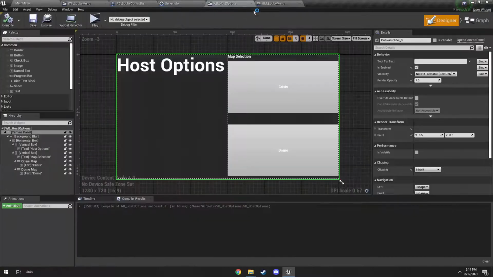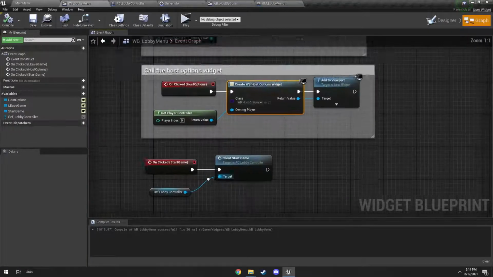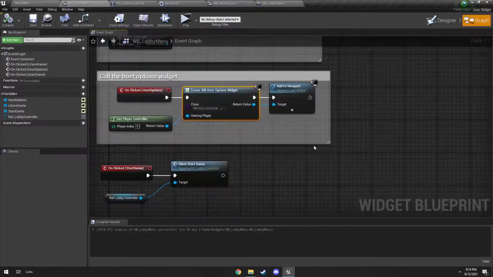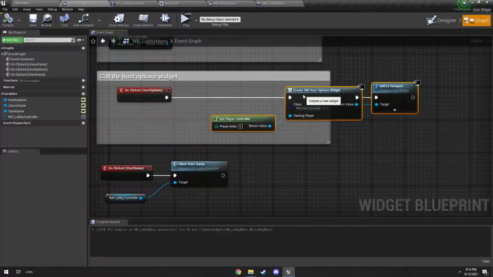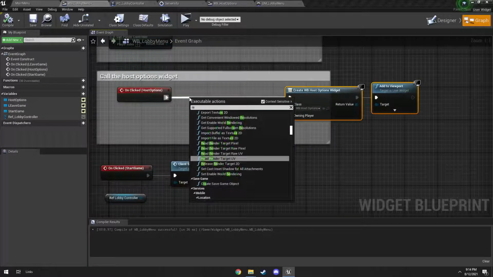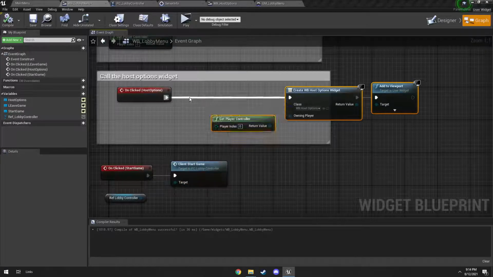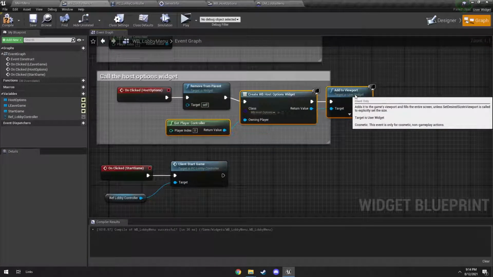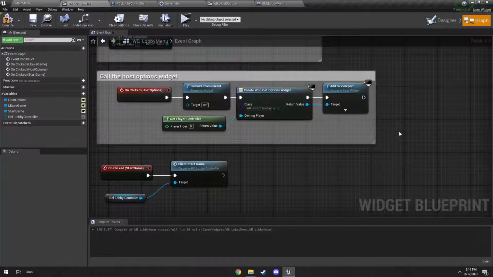So in our lobby menu, when we click host options, we want to remove it from the parent. So we will just drag these down, and we will remove this from parent. That way, once we click it, it disappears until we then unclick it,